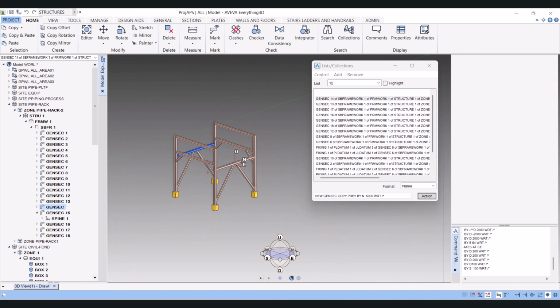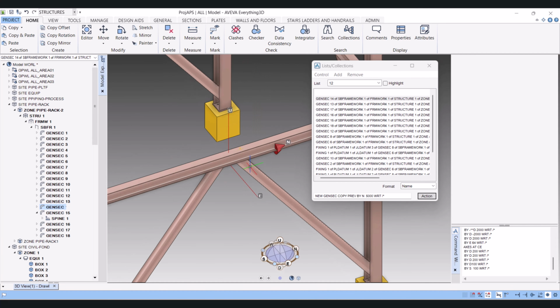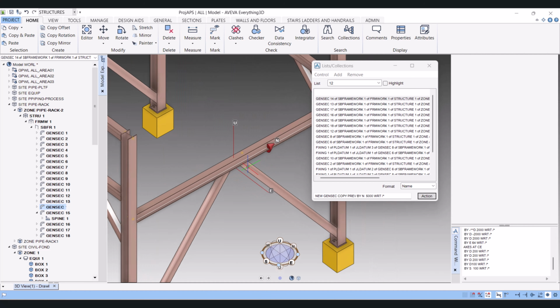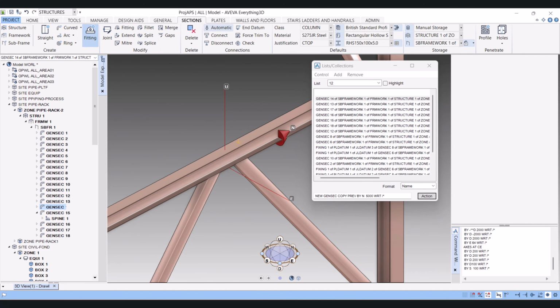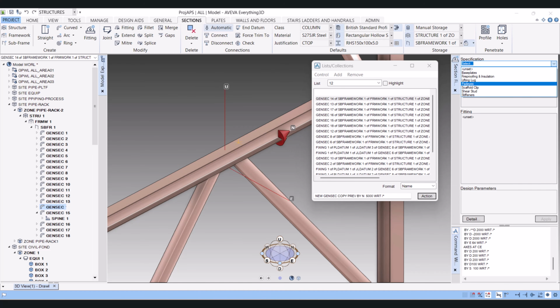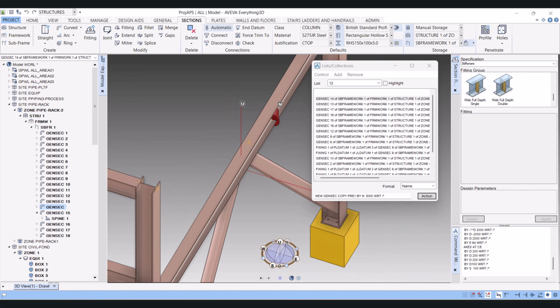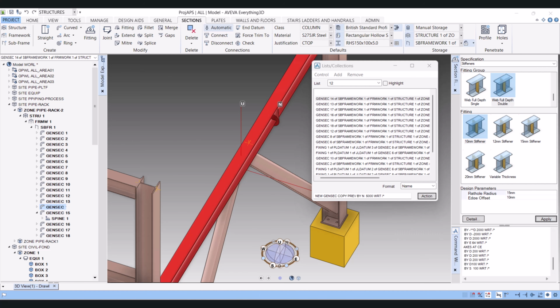Then escape. And here you can add the stiffener also. I will show you how you can add the stiffeners. Click on section, click on fittings, select the member here. Again, click on specification here, go down and select stiffeners. And here you select, if you want both side stiffeners, you have to click on web full double, or if you want single side, then single side. I will select double. And here is thickness of the stiffeners available, 10, 12, 15. I will select 10, apply,